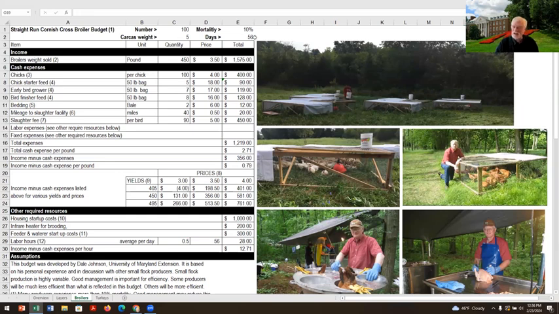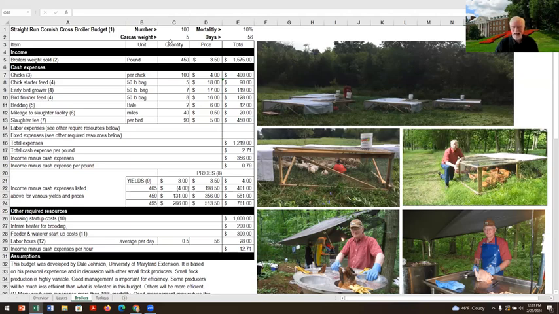Now, and this is important, the number of days that it takes to get to your average weight. And again, this is the carcass weight. All right. It is not live weight, it's carcass weight. How many days does it take to get there? Because how many days determines how many flocks per year. It determines how much feed, determines a lot of things. So you've got to figure that out. How many days to get that flock?